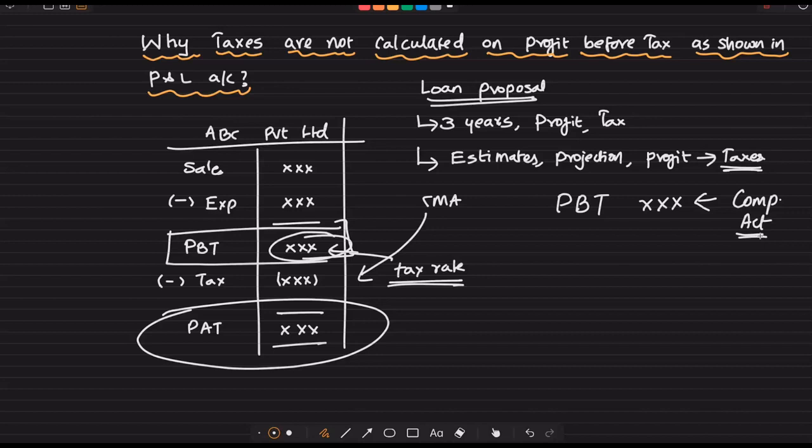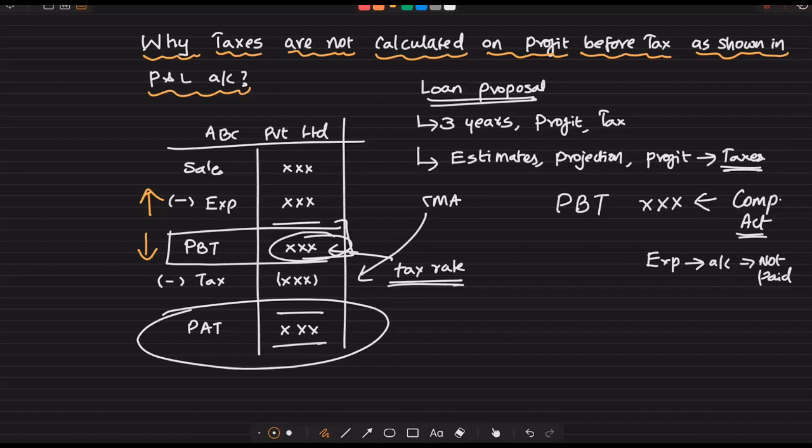They have to provide for expenses. They have to provide for various items as per relevant accounting standards, Ind AS, and then they arrive at profit before tax. In that, there can be several items, there can be several expenses which would have been accounted even though it is not paid. Right? There will be several items accounted as expense, basically to follow the provisions of Companies Act, to follow the provisions of accounting standard. So when you incorporate many items and expenses, what will happen to expenses? That will increase.